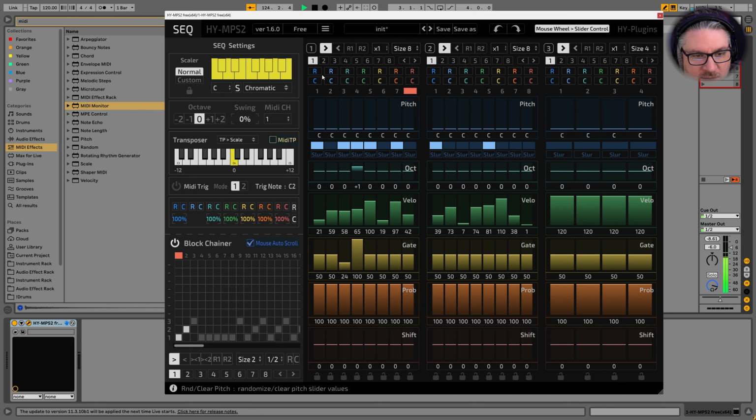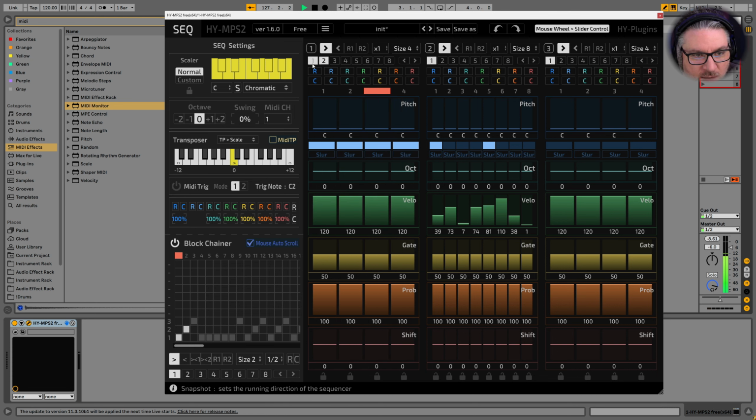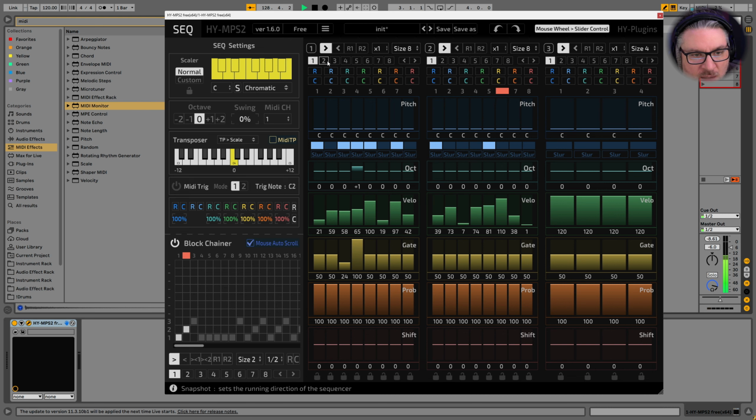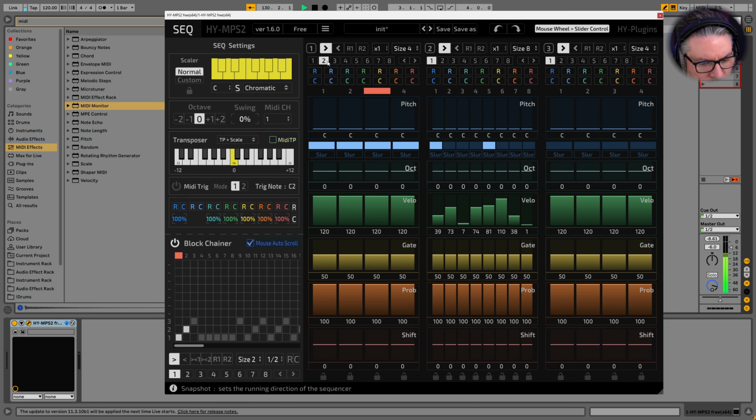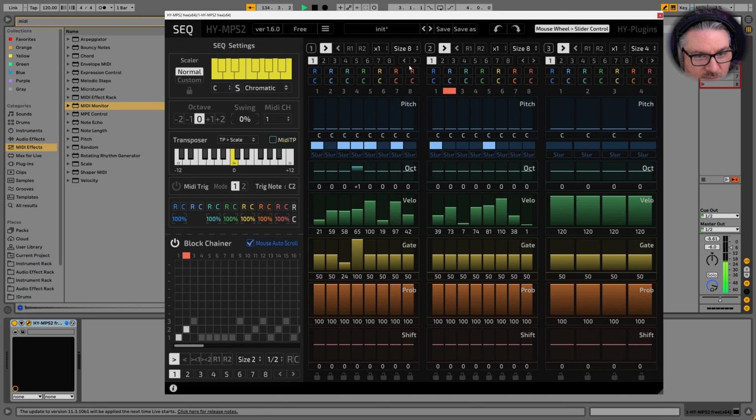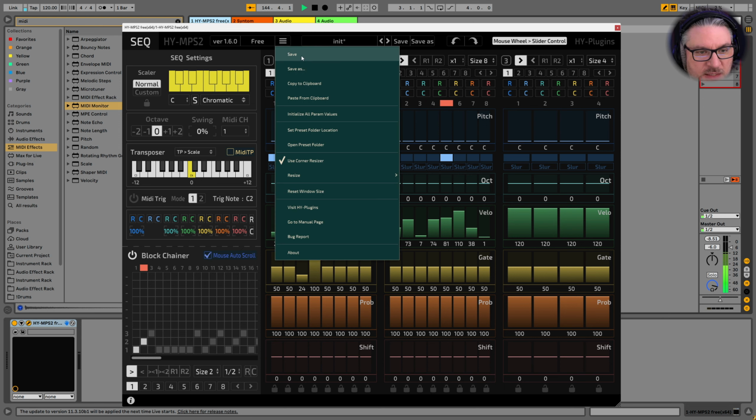Okay, so let's see if we can do a kick. Now, what are these? That's the snapshot up here per this specific one. Okay, got it. So if we look here, this is just tied to whatever you see here. So you get 8 choices, but the blockchainer isn't specific to this snapshot, right? No, that's a blockchainer state. Okay, got it. So we could do... Right, that's double time. Okay, I get it. Let's initialize everything.